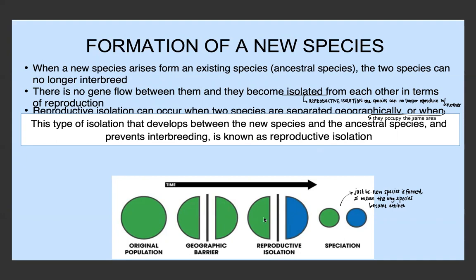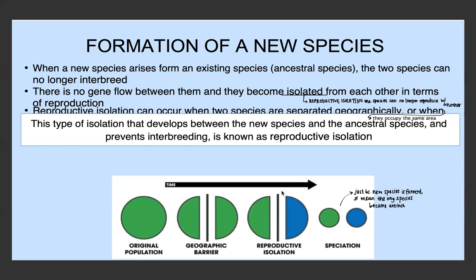This green population now has its gene pool of alleles, and this blue population has a different gene pool of alleles. They're not exchanging alleles across this geographic barrier, which means that when a mutation occurs or natural selection happens, it may only affect the green population. If a mutation occurs here, it won't be transferred to the blue population. And over time, as these mutations occur and these populations become more and more different, they eventually result in